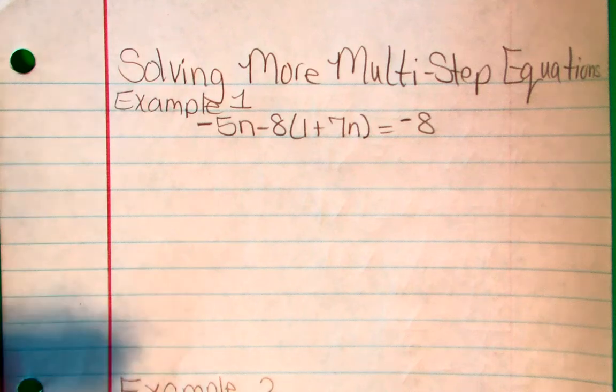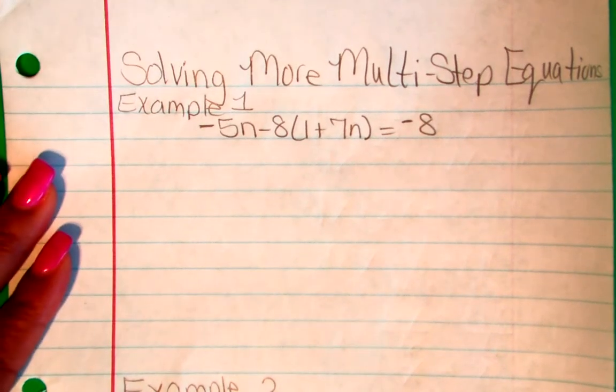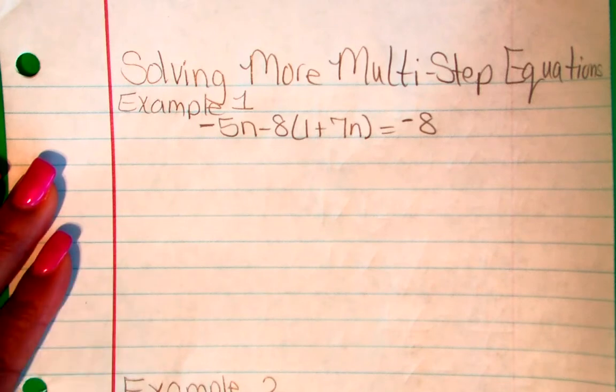Okay, here we go again. I'm back with you, Mrs. Emanuel. Just solve a more multi-step equation. I'm just going to go through the process. I'm not going to necessarily write down what I'm doing. I'm going to say it, so you need to listen very closely and make sure if you need to pause